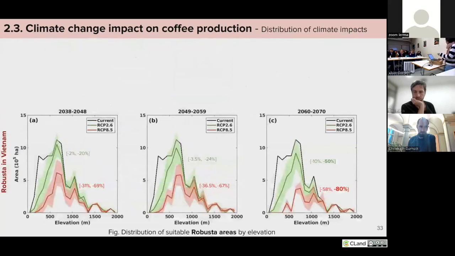So here is the map showing the distribution of suitable Robusta areas by elevation. So we have in green the low emission scenario, and in red the high emission scenario. And in each period, I also plot the current distribution, shown in black. And we can see that the current coffee is most suitable in the area with the elevation from 200 to